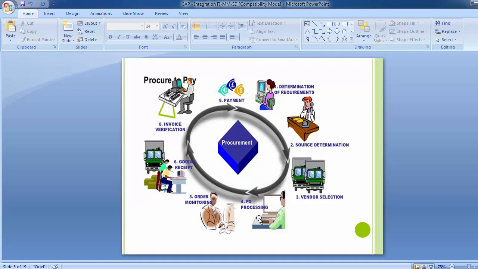Once a vendor has been decided, with which vendor the quantity has to be purchased, then a purchase order is issued to the vendor. The purchase order is issued to the vendor so as to decide how much quantity has to be purchased. It consists of all the details related to the vendor: what is the quantity, what is the material, what will be the quality, what will be the price, what will be the timeline, in what period they will be delivering the goods. Everything is mentioned in that purchase order.